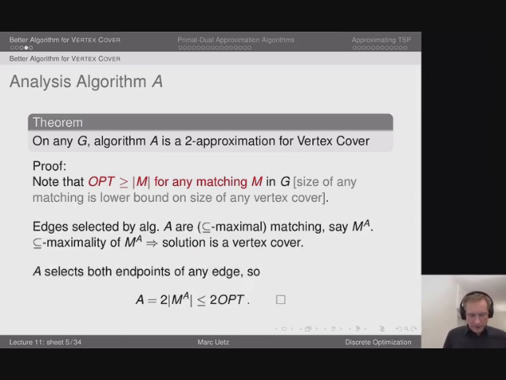Now, our algorithm selects both endpoints of the selected matching edges. So the number of vertices that the algorithm selects is twice the number of edges that the algorithm has selected. These matching edges, that's a matching, is a lower bound on the optimum solution value, so a lower bound on the size of any vertex cover. So therefore, I get as a performance guarantee exactly the factor two, right? So the algorithm's vertex cover is at most twice the optimum solution value, and that's already the end of the